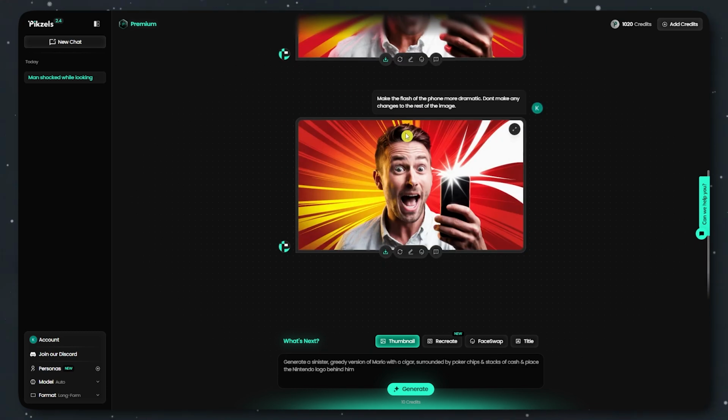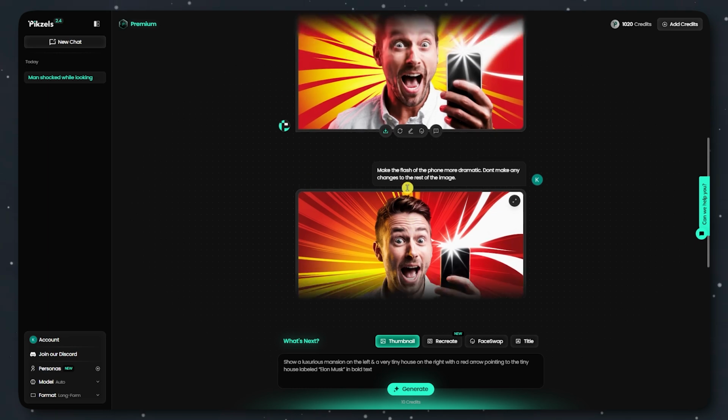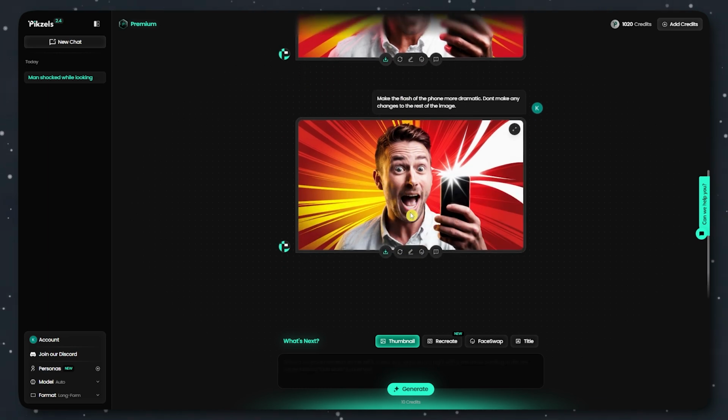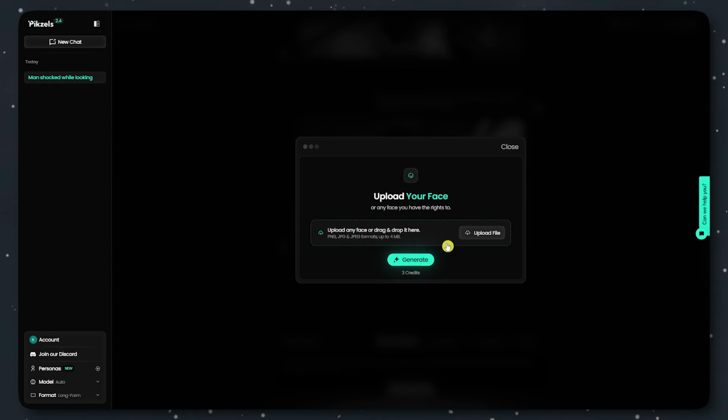That is why it is recommended that if you're gonna face swap here on your thumbnail, for example, you're gonna insert your face in here, you would want to do it last, when you are now satisfied with how the thumbnail looks. Because from here you wouldn't have to make some edits, and then your face here will not be changed, just like this one right here. So if you'd want to face swap, just click here on the face swap button,